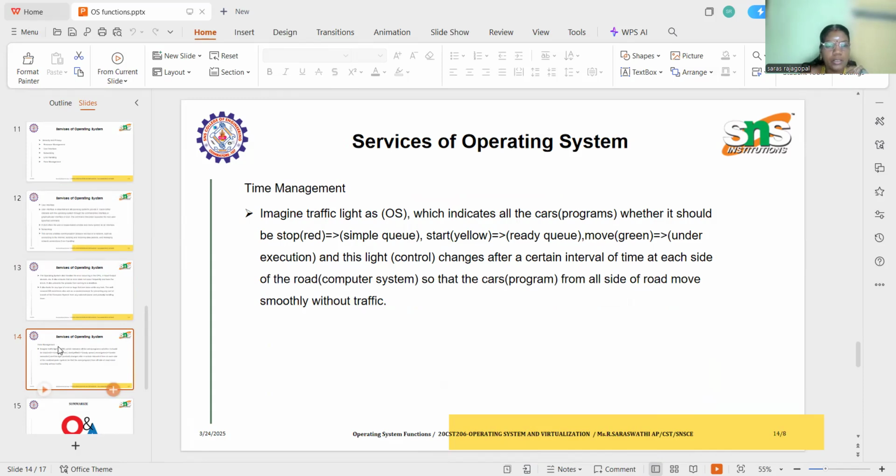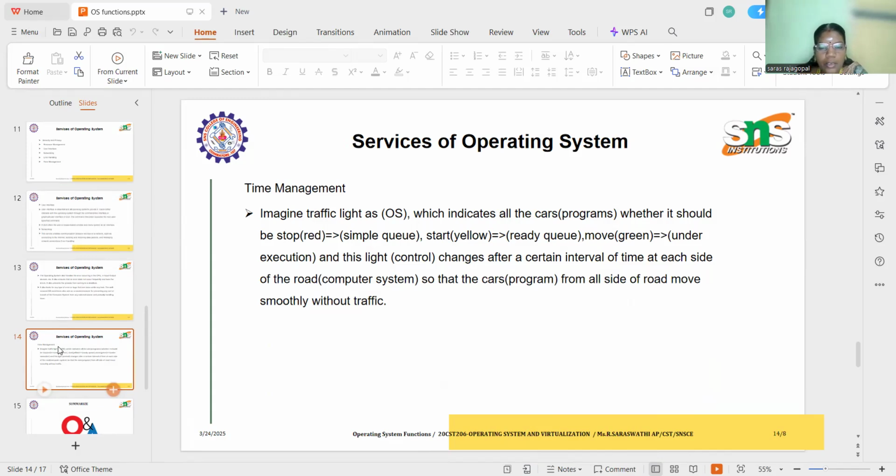Time management. Time management is one of the important services in the OS. Imagine a traffic light, which indicates to all the cars whether they should stop. The red signal indicates stop. Yellow is the ready queue, and green means under execution.